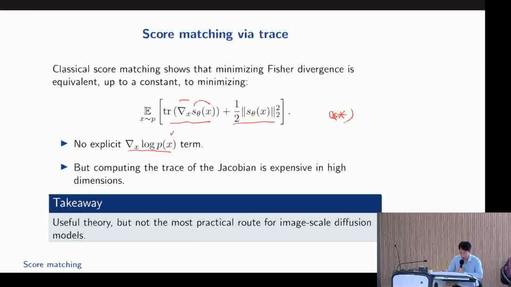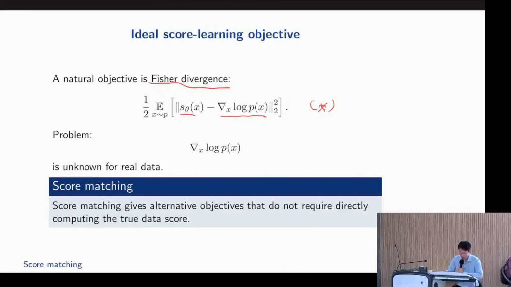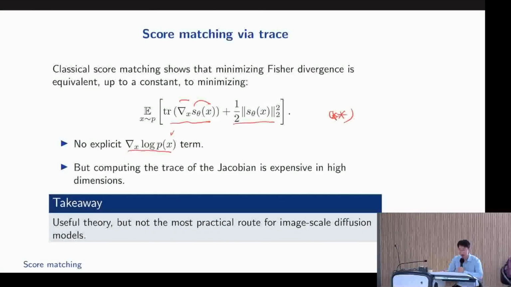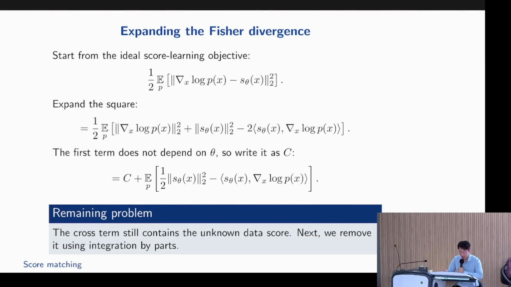Okay, so why is it the same? Minimizing star versus double star. Let's start from the feature divergence, and let's expand the square. So we have three terms: the square of the first term, the square of the second term, minus 2 times the inner product of the two terms. And the first term doesn't depend on theta, so we can get rid of it. And it turns out